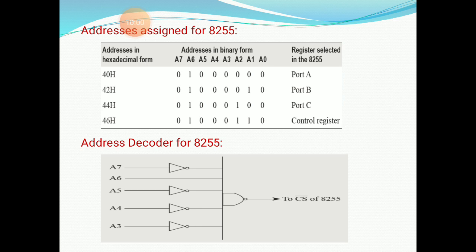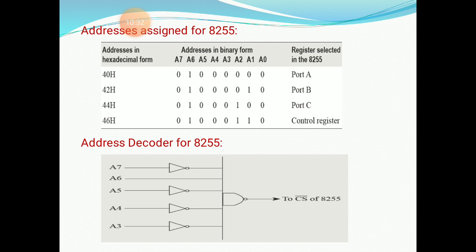the two address lines of the microprocessor, A2 and A1, are directly connected to A1 and A0 of the 8255. These two address lines are used to select the port of the 8255 by using combinations of A2 and A1. When A2, A1 are both 00, port A is selected. So the processor selects port A to perform the read operation.